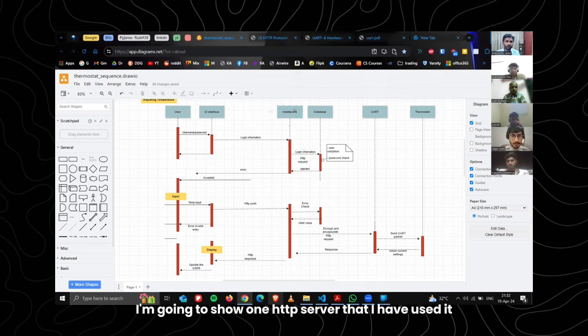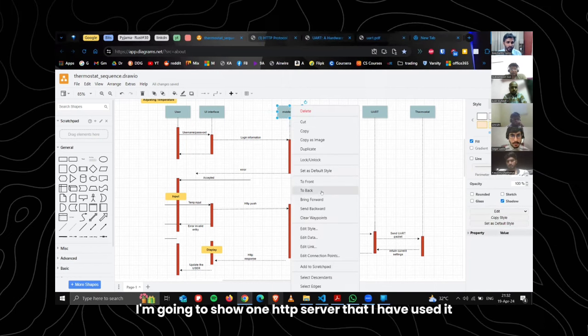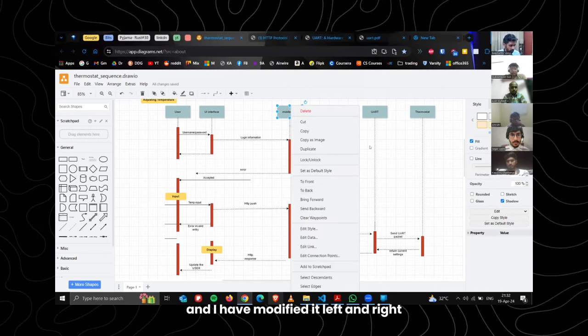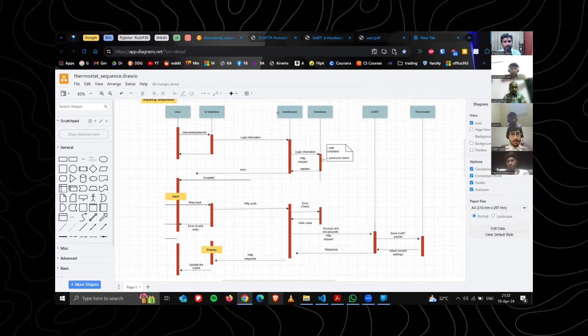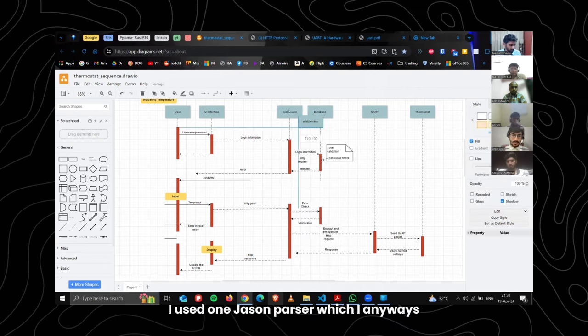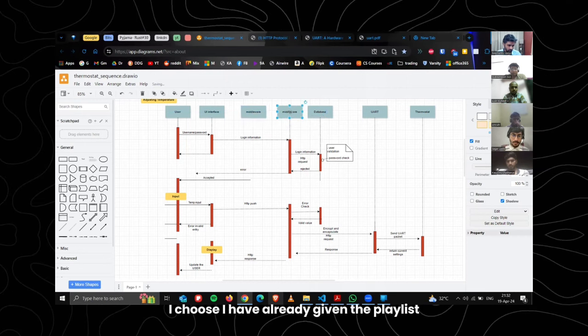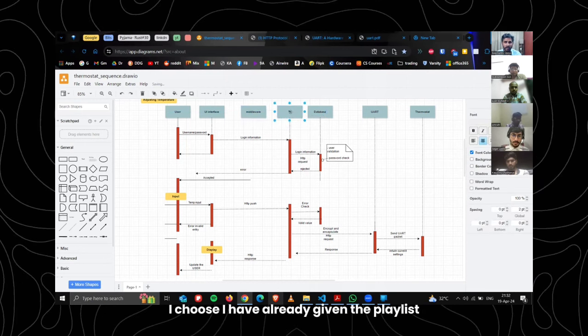Today I'm going to show one HTTP server that I have used and modified left and right when I had my startup. I have used one JSON parser, which I chose, and I have already given the playlist link.